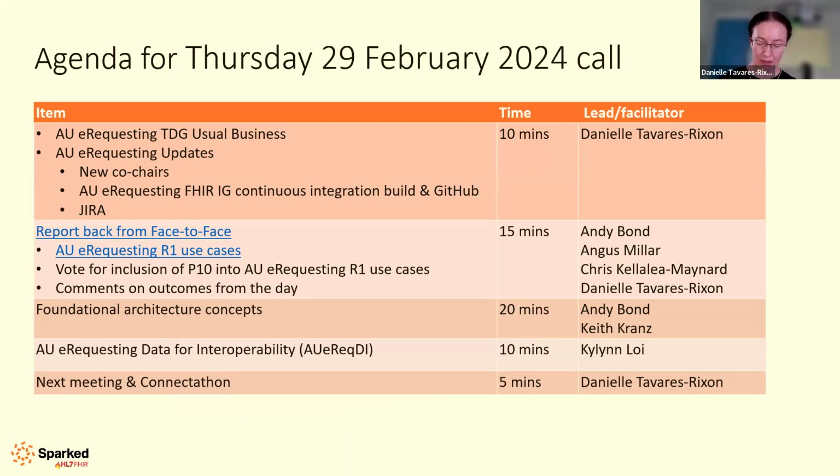And I also want to give an update around the fact that we now have a draft FHIR IG and the GitHub repository has now been in place, which also allows us the JIRA content. I'll look through that really briefly. We'll leave going through that in more detail to a future meeting, but I'll just provide some links, give some context for it. And then we want to do a bit of the report back from the face-to-face, including outcomes from the